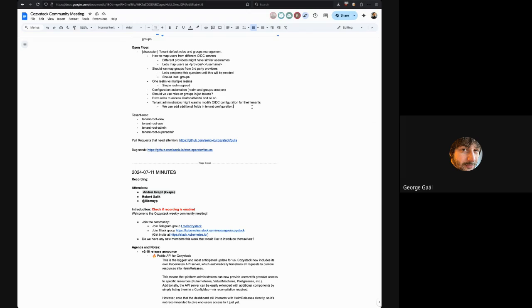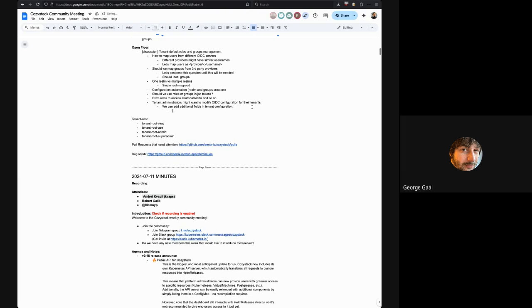Yeah, I don't like this idea. So we need to restrict users from any changes and allow them some subset of things that they can add. So what they can do, they can add some additional OIDC provider, and we need to agree what fields they could change. Yeah, and